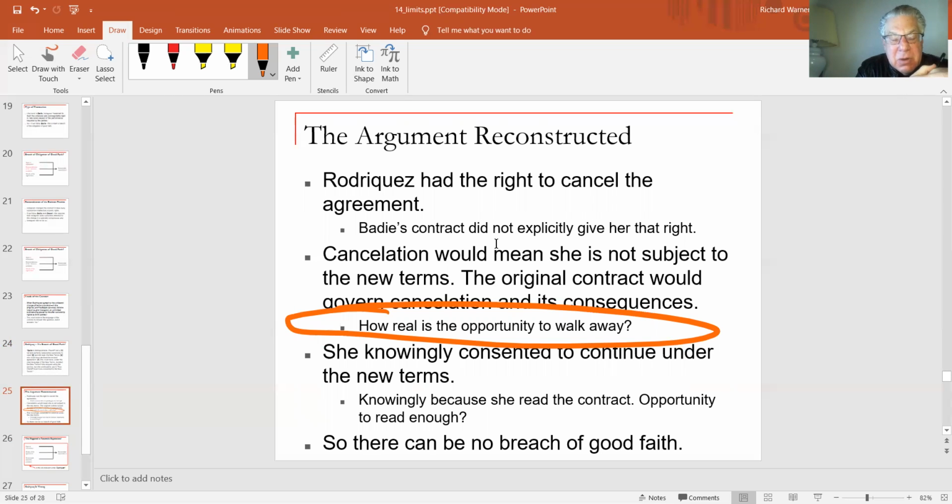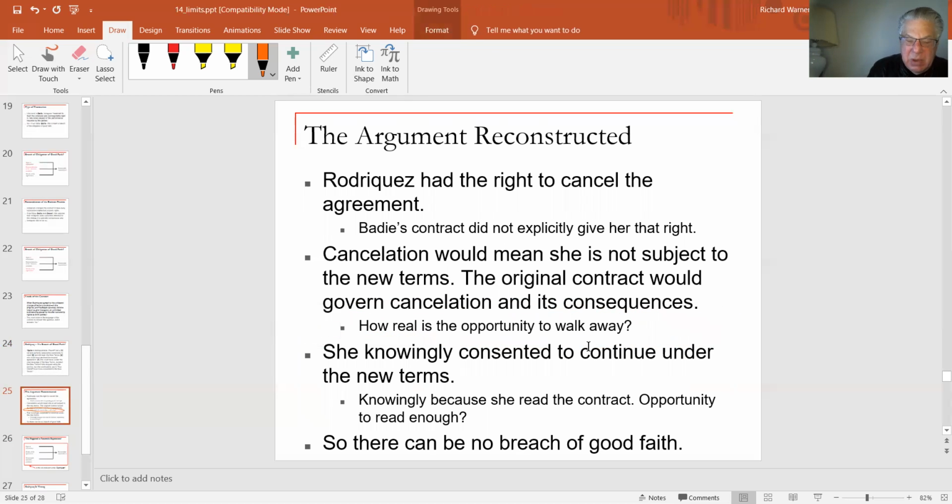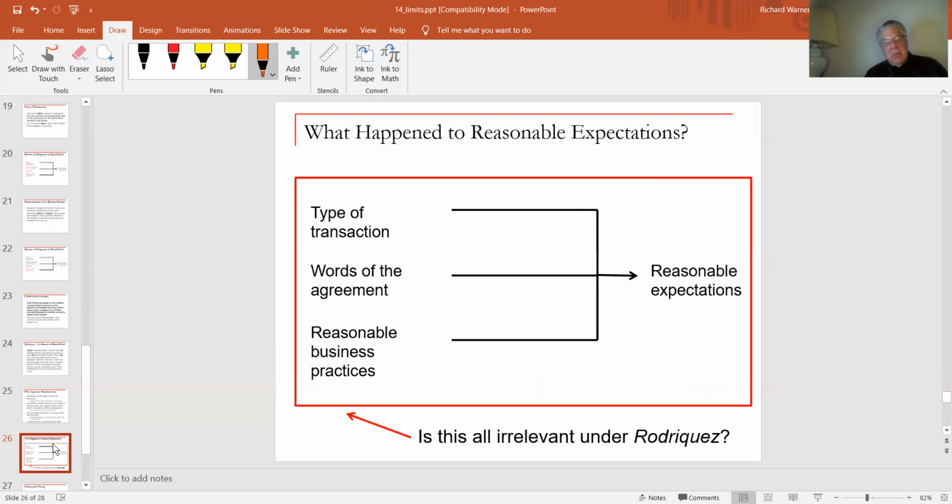But the Rodriguez court just ignores that, right? There's the lawyer myth that, well, she can cancel, so she can walk away. Yeah, technically speaking, legally, she can cancel the contract and she's out. But practically speaking, from a business point of view, she can't. So you wonder whether the court is being realistic about the role of contracts in business. And we can take that point about being realistic about the role of contracts in business and give it a more legal turn, because if you think about it,